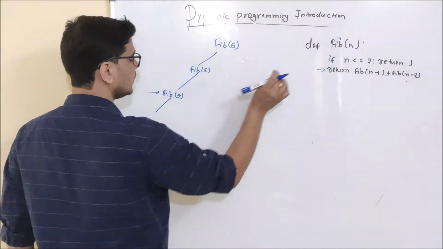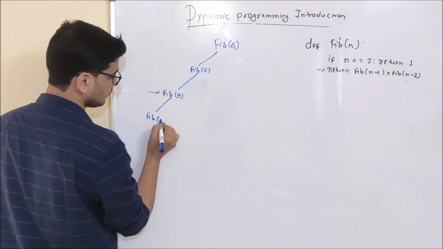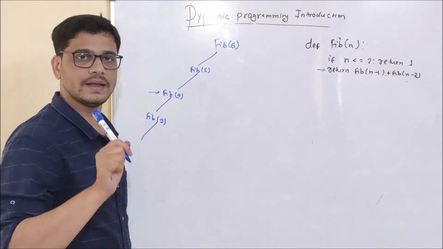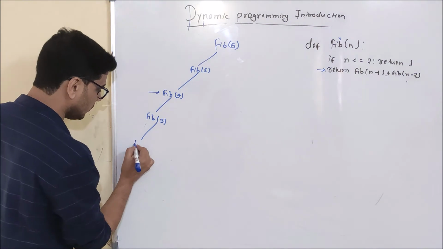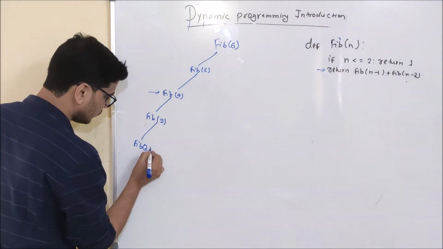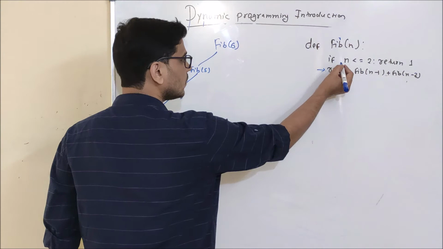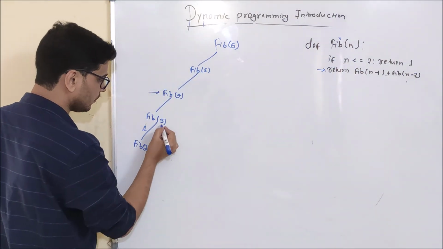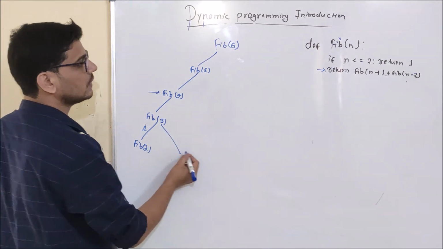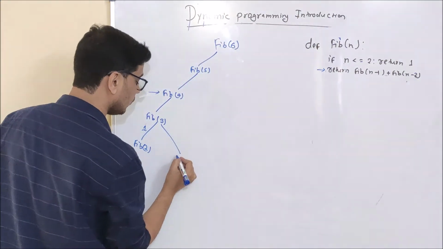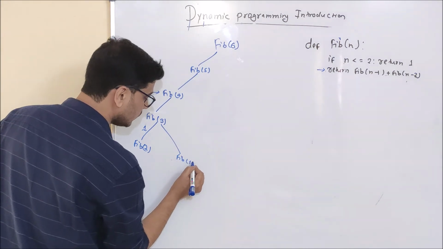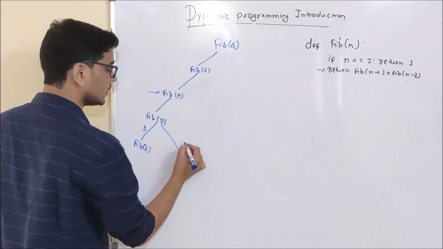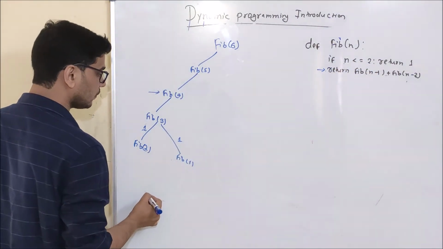The condition will be false. It will make a function call to fib of 3. Then fib of 3 will come for its own execution. Again the condition will be false and it will make a function call to fib of 2. When fib of 2 comes for its own execution, this condition will be true and it will return 1 from here. Then fib of 3 will call its right part, that is, fib of 1. Once fib of 1 is called, it will return 1 from here as the condition will be true. Then what will fib of 3 do?